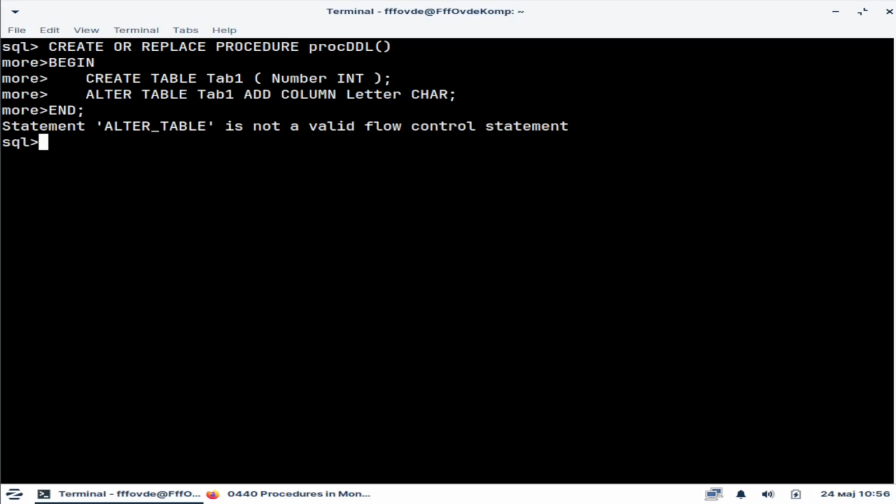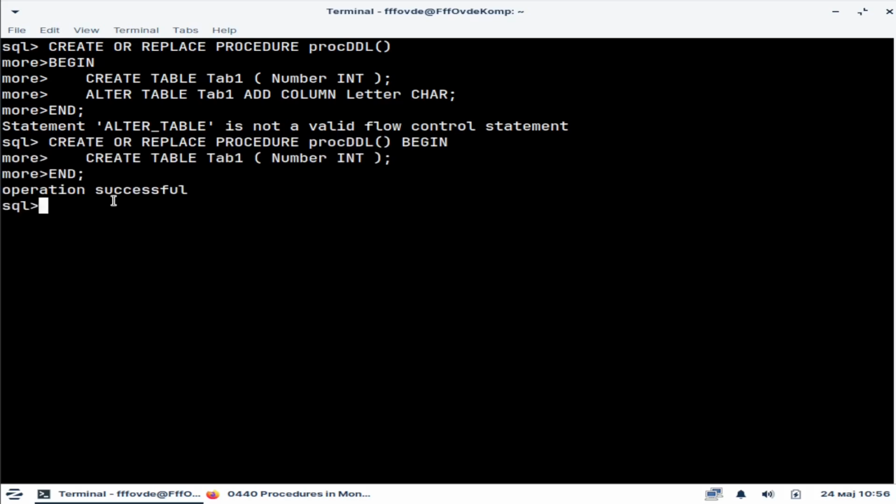But if I try a similar statement that is only trying to create a table, I will be successful. But if I now try to read from that table, so if I use select statement from table 1, I will get nothing. So this table was not really created,